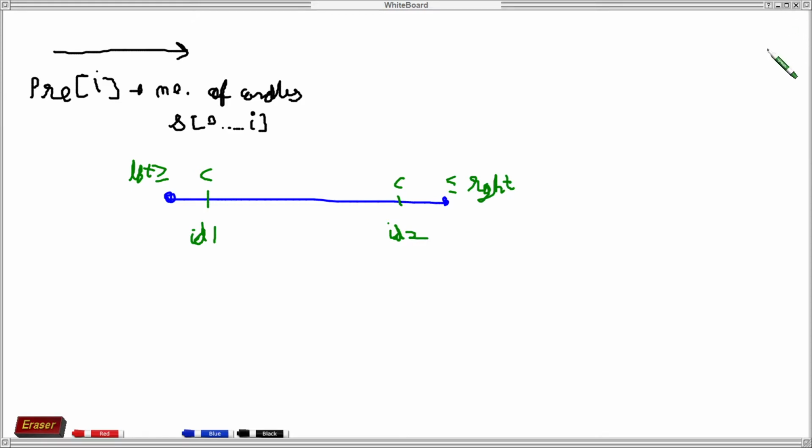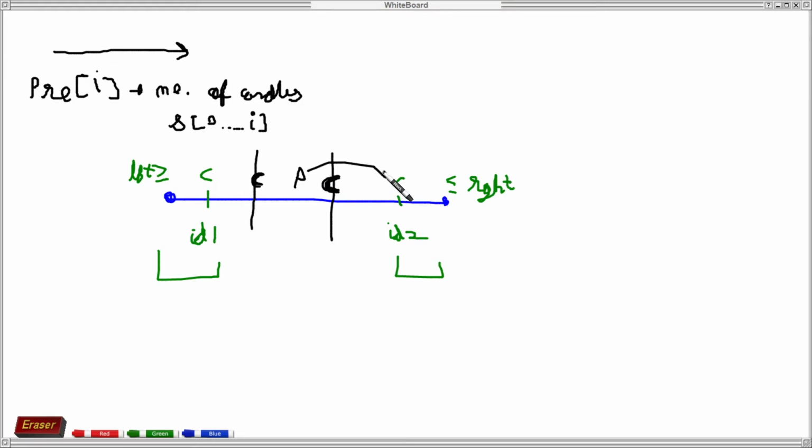For finding it, because we need only these two. Let's say we have a candle here, and let's say we have a plate here. Now if a candle exists here, or a candle exists here, then if we check with the last candle, it will also be fair.